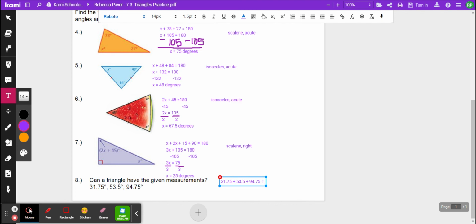So I'm just using my calculator real quick to add that. It comes out to exactly 180 degrees. So the answer is